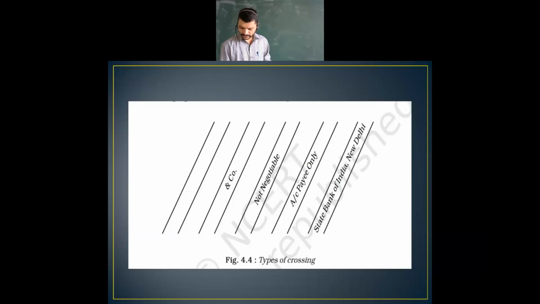The not negotiable crossing does not mean the check is non-transferable. As per Section 130 of the Negotiable Instruments Act 1981, a person who takes a check bearing the general or special crossing with the words "not negotiable" will not have, and is not capable of giving, a better title than the person from whom he took it. I will tell you in general what it means.